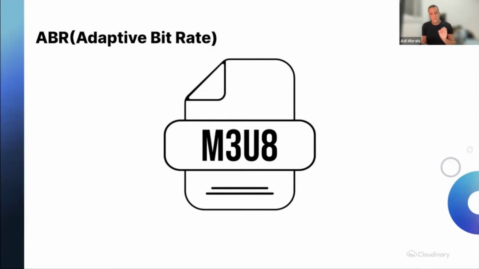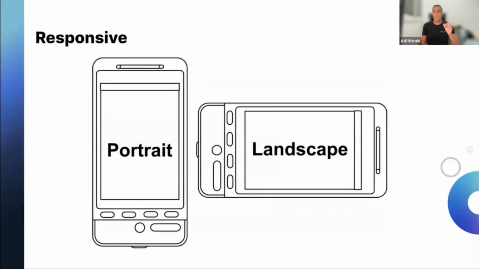It chooses the most fit stream and plays it. Think about YouTube. You see YouTube and suddenly your signal drops. You start seeing the quality of the video drop, up until the point where it's actually getting pixelated. That's adaptive bitrate. Responsive, we want to be able to get the same asset in different sizes, for different orientations, for example, or for different containers. We want to get the same asset in the most optimized way, small in size, better in bandwidth usage, device